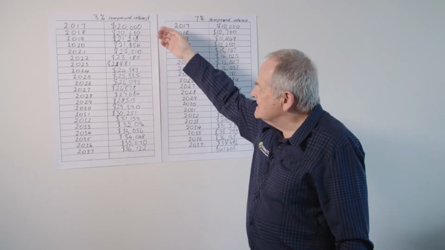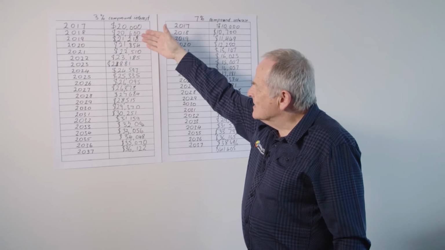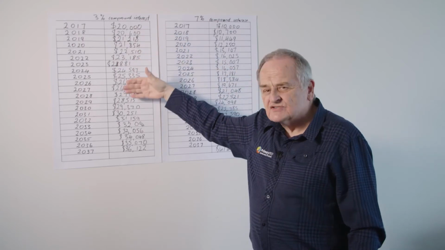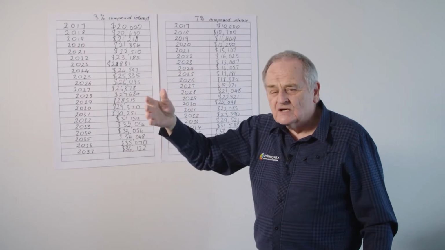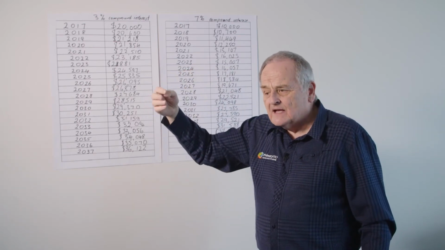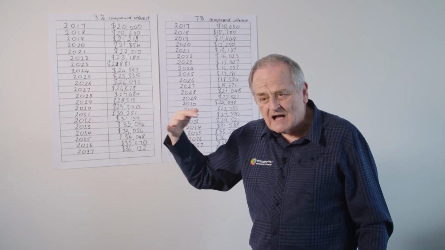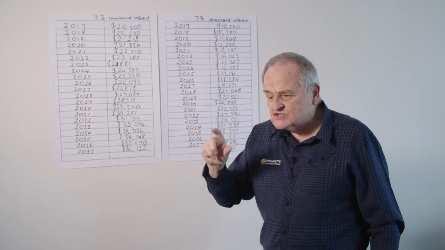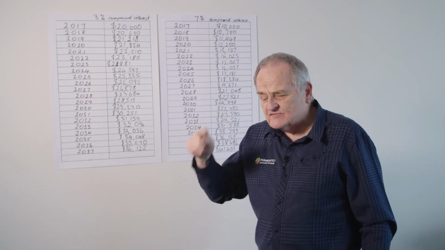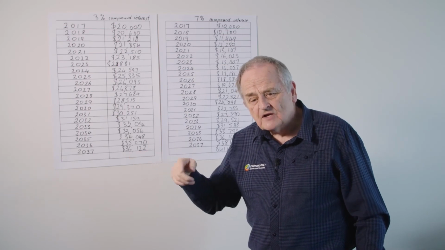So in the same way here that the interest compounds and we get interest on interest, if we're doing it with debt, we get debt compounding on more debt to build up a bigger debt. Within a very short period of time you could have to pay back twice the amount of money that you